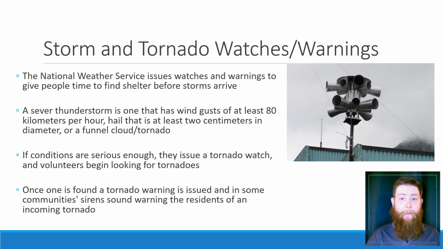So people will go out and scan the horizon and see if they can see a tornado. Once we see one and we know which direction it's moving, we issue a tornado warning. This is when you need to get into the basement or somewhere away from the middle of the house, at the bottom of the house, and shelter in place until the tornado passes over you. This picture above me is a bank of tornado sirens. When those go off, that means there's a tornado warning and you need to, as a resident of an area that has these, get into cover.